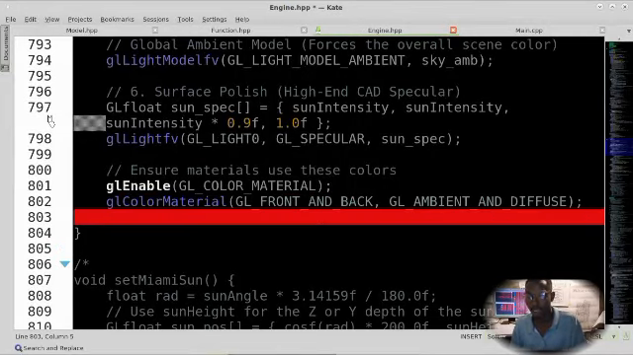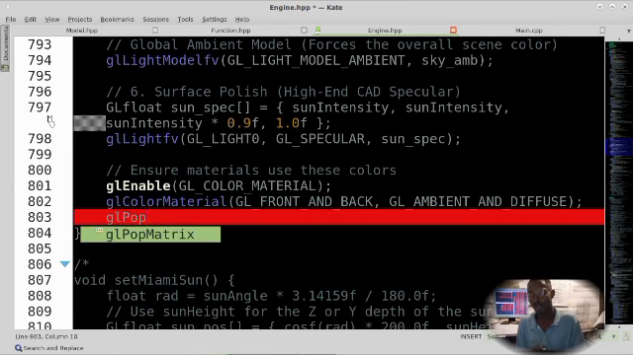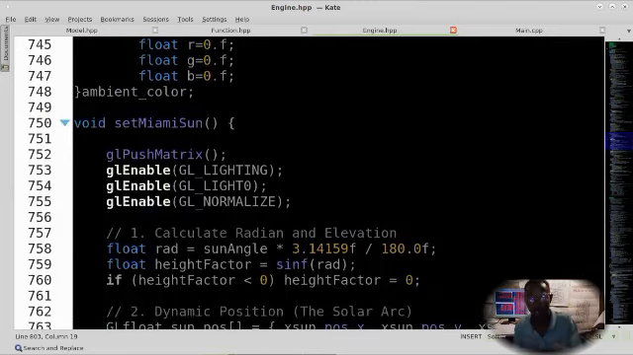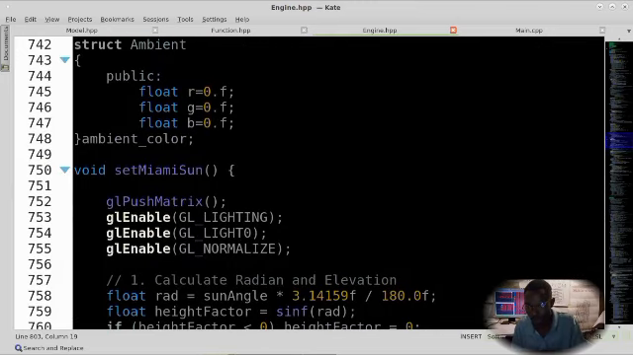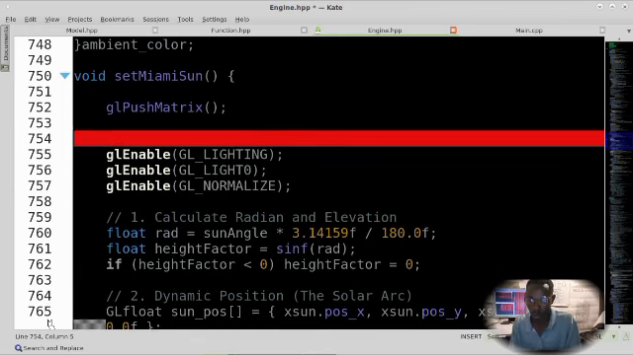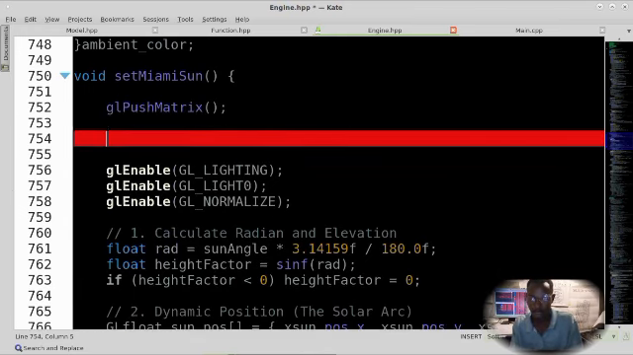The GL push matrix function was designed to save the matrix state. After that, let's call GL pop matrix, and then